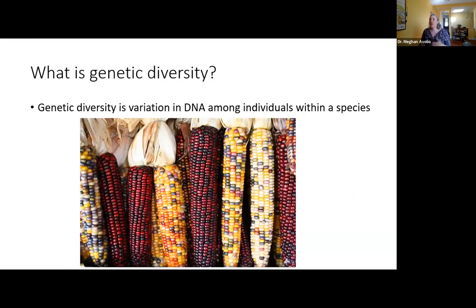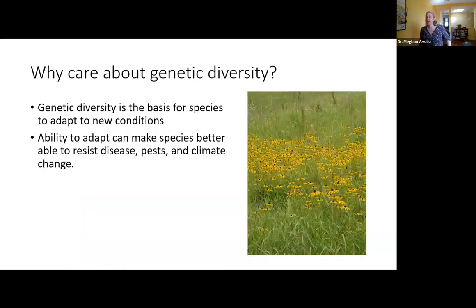So again, what is genetic diversity? Genetic diversity is variation among individuals within a species. I hope now that we all are on a shared background understanding of what gives rise to this variation and how DNA is involved in this, and we're now going to go forward and try to understand why we should care about this. Why should we care about having variation, basically in AGCTs inside individual genomes?